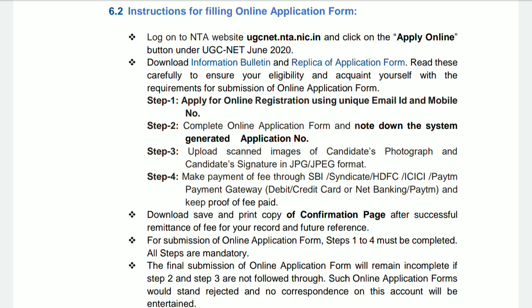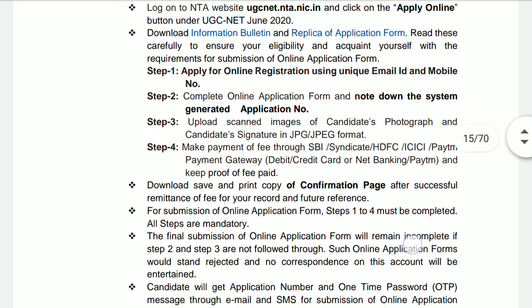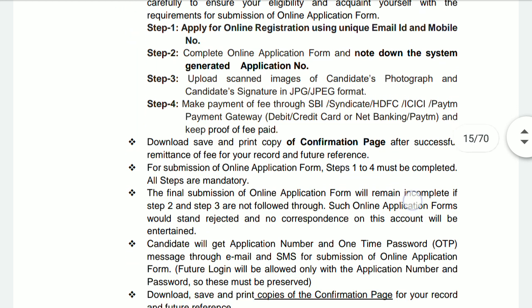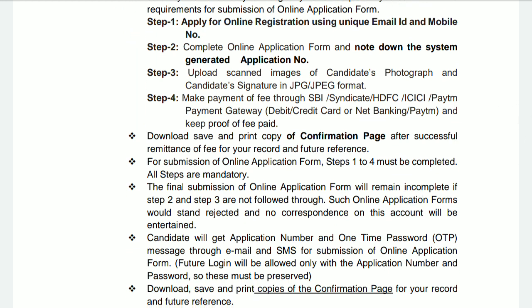Once you have done with the registration by entering all the details, for example name, date of birth, mother's name, father's name, and all these things, then the next step is the personal details. Here the personal details are about you and the address where you are staying, the address for communication. Then the third step is that you have to fill in all the details about education,